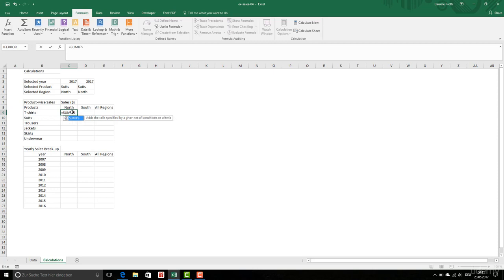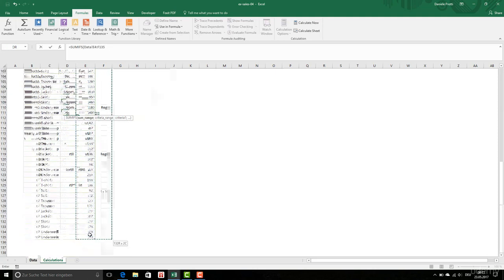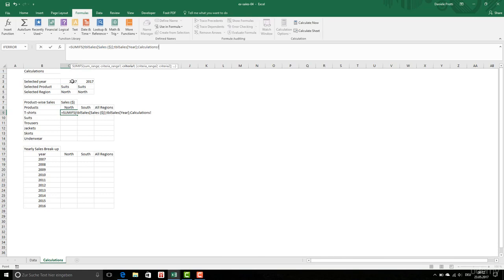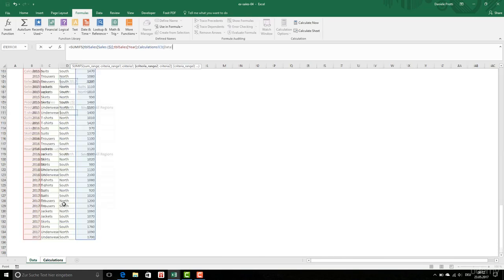SUMIFS, so sum if there are different conditions. This column, I'm gonna sum this amount here in this region is equal to this, and if